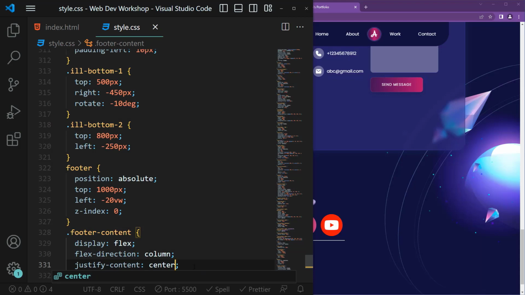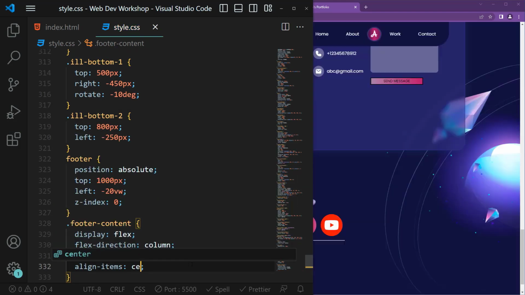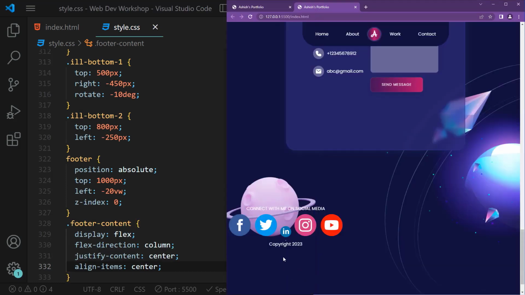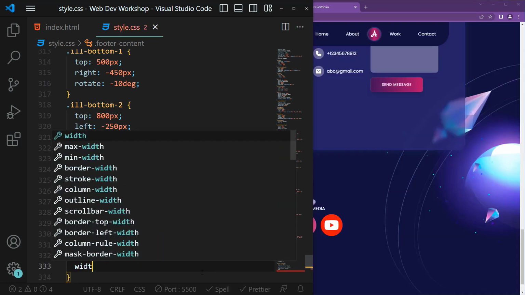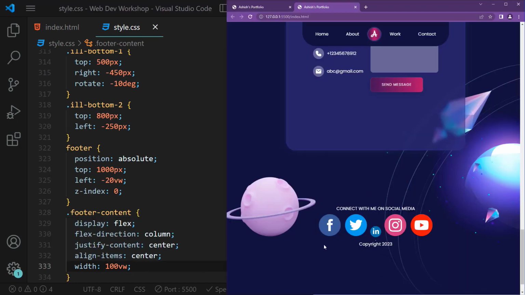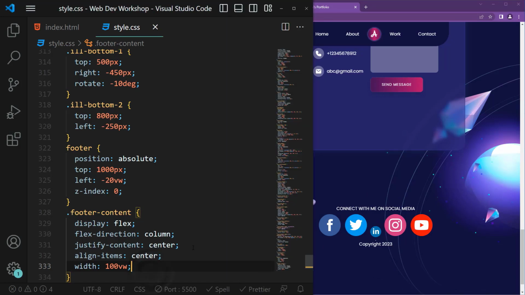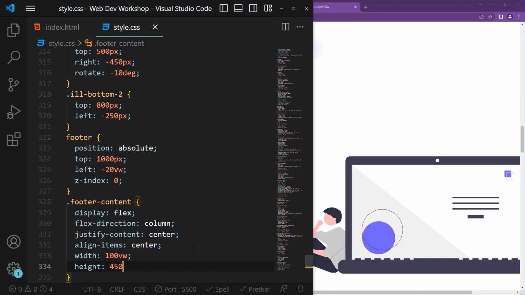Then we will do align-items to center, like this. Now nothing happened because we haven't given it a width property, so let's give it a width of 100vw. And now you can see everything is exactly in the center. Now I also want to give it a height, so let's give a height of 450 pixels,